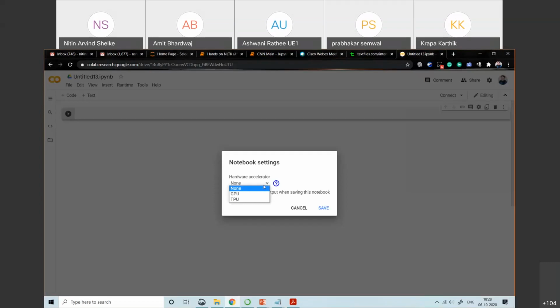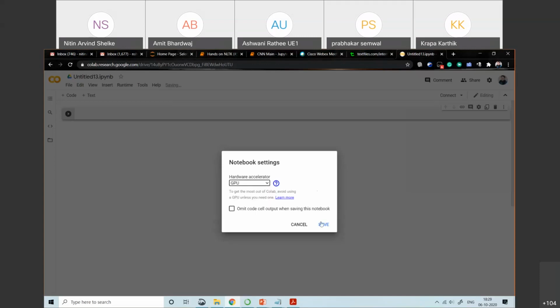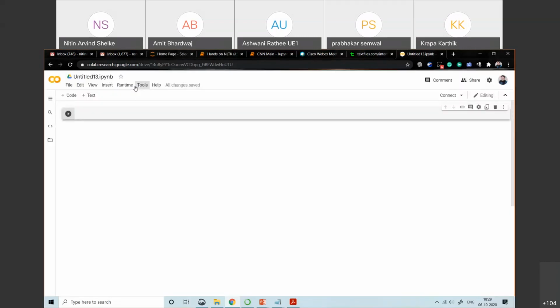Nowadays, even higher computing than GPU has come, that is called the TPU. So you can use the TPU also. But right now we prefer to use the GPU if you work on a high-end project. That time you can select this option. There are so many options, but it's a simple one like your Jupyter notebook.